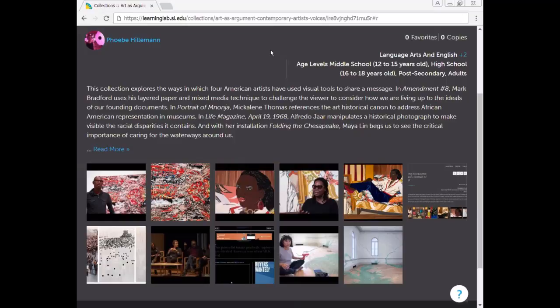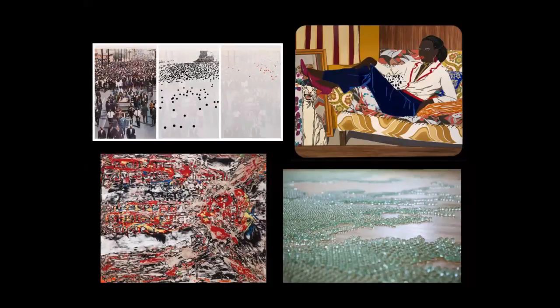Okay, so we have just a few minutes left together, but we'd love to hear your thoughts on some of the themes. We looked at 4 very different examples of how contemporary artists use various media and visual tools to convey a message or to engage the public with questions. Which of the themes that these different artworks bring up resonate with something that you're already doing in your classroom, or you would like to incorporate into your classroom? Or what was it like to hear from the artists themselves? How did hearing their voices affect your experiences with the artworks? Go ahead and share any thoughts on those questions or any final thoughts in the chat box.